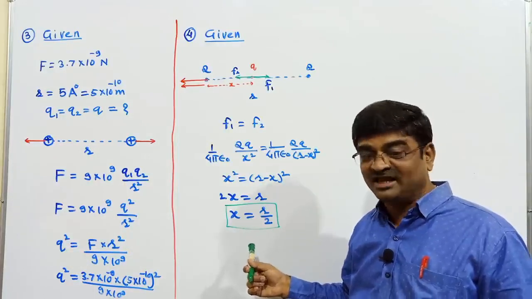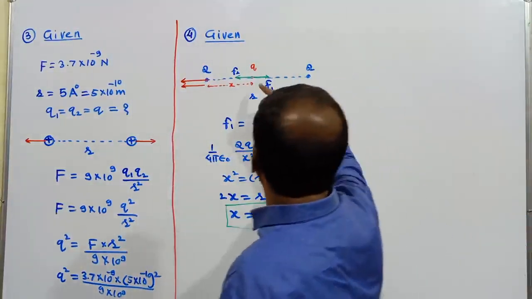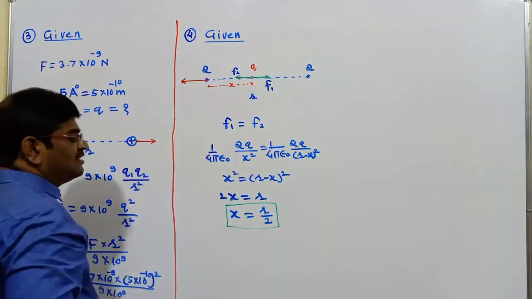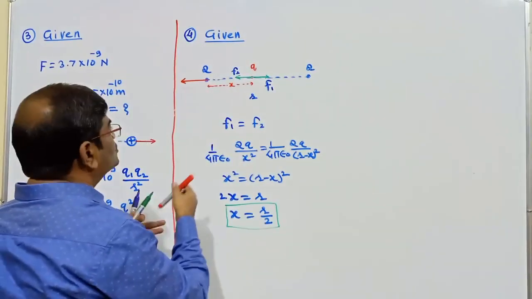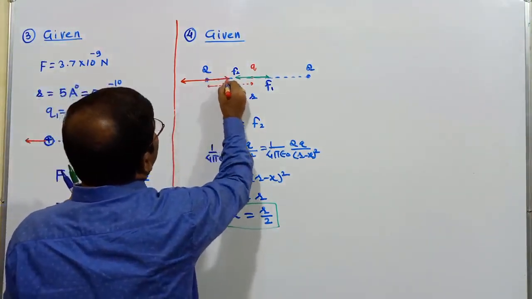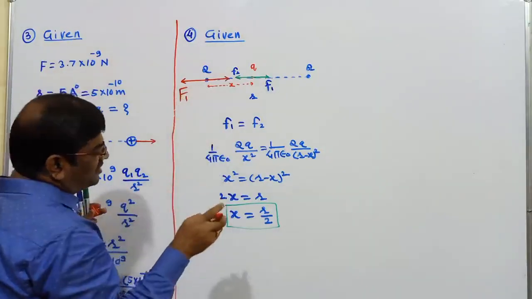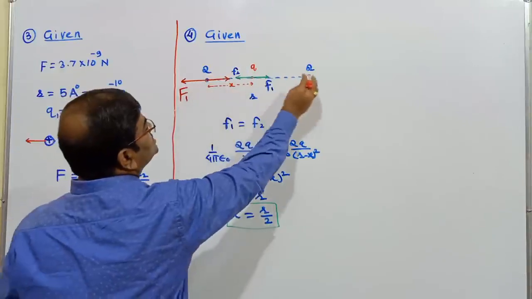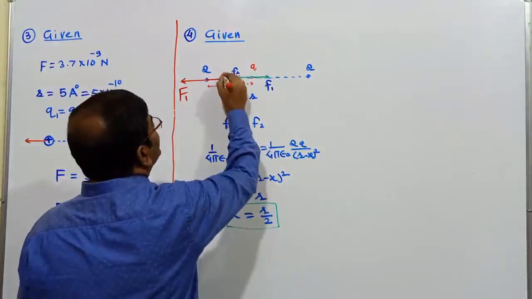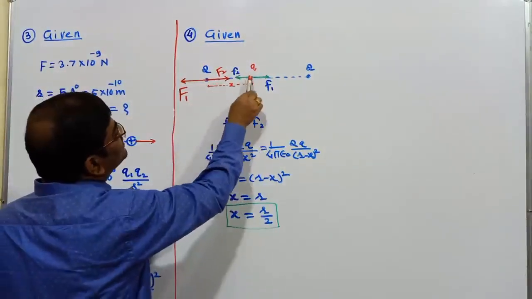Let me go with the next answer. The next one is what should be the magnitude of this charge, they are asking. I could already mention that one more force on this should be in the opposite direction. Let me call this capital F1. What is the capital F1? I am writing it for the force between these two. And I have got this as capital F2. What for capital F2 am I writing? I can say force between these two.